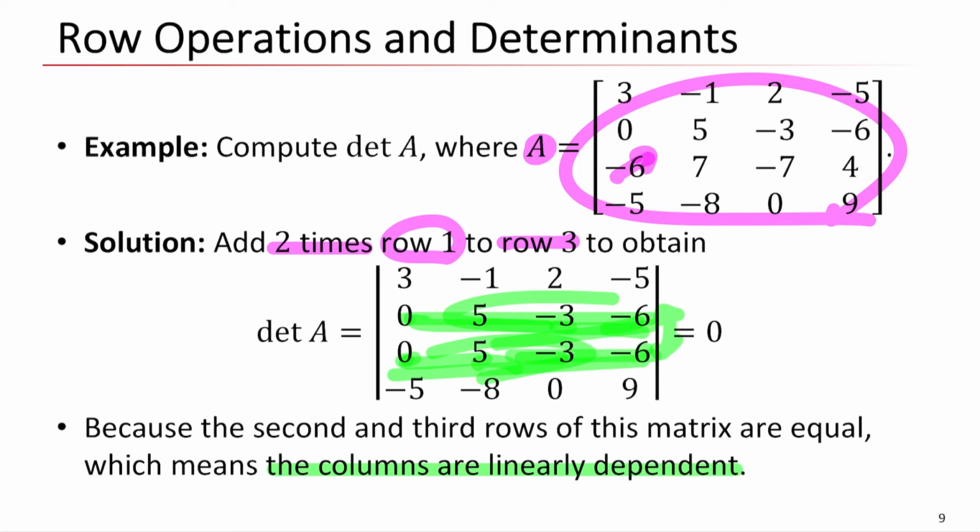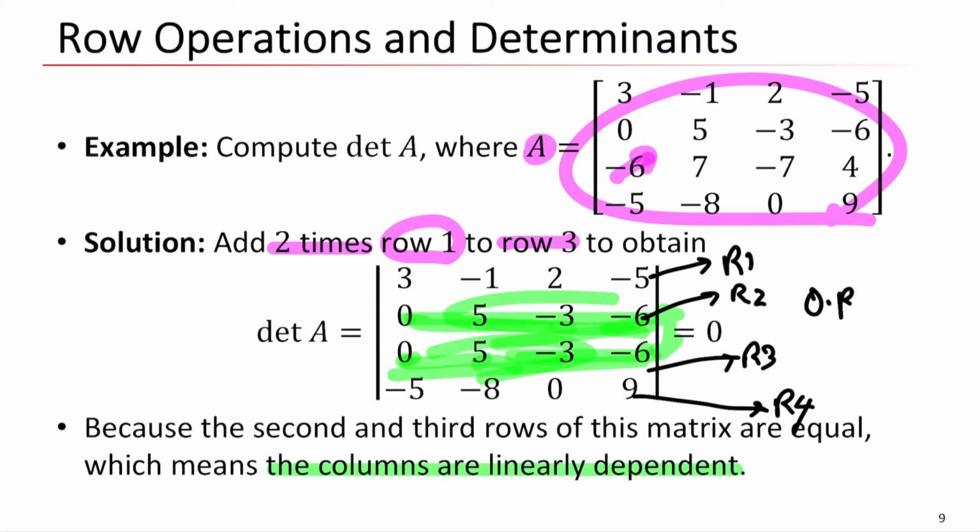Why are they linearly dependent here? Let's say these are R1, R2, R3, and R4. Then 0 times R1 plus R2 minus R3 plus 0 times R4 is equal to 0. Why? Because R2 and R3 are exactly the same. So in other words, the coefficients 0, 1, negative 1,